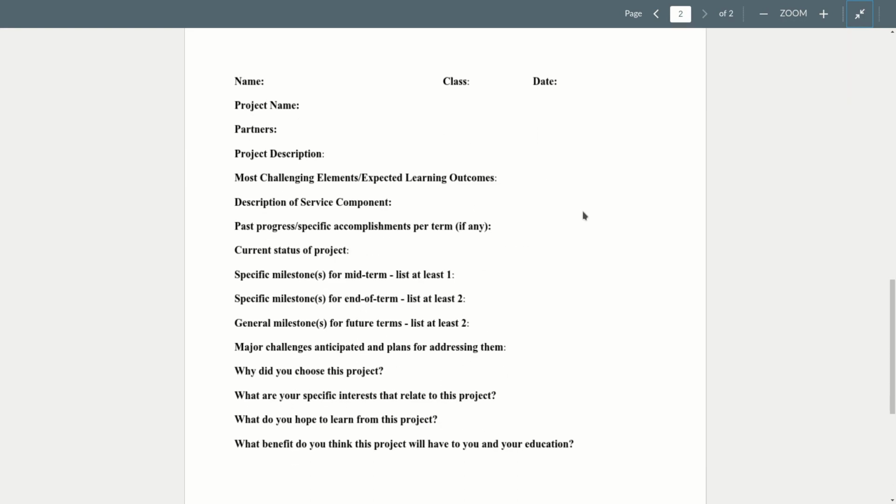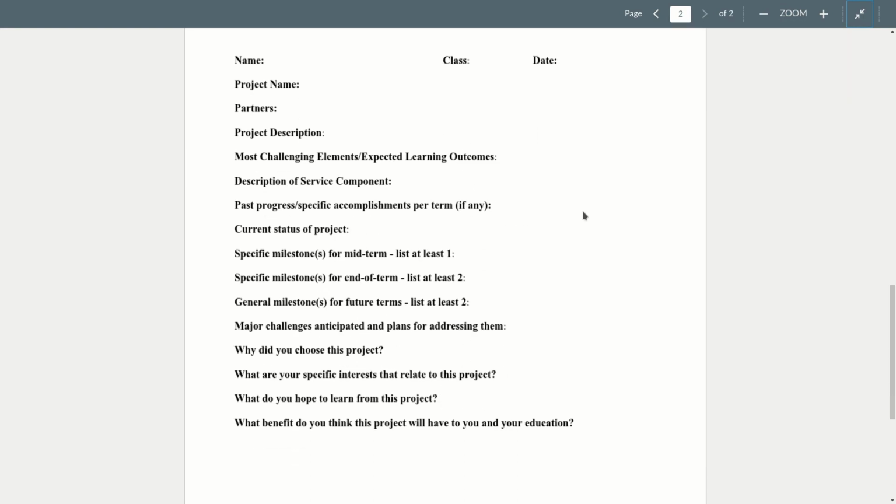And again, the biggest challenge with the SLP is really picking the right project for you. And that's mostly what you're after in this fall quarter, is come up with an idea and put down some milestones and start doing some research. And if it looks great and the end of the quarter comes and you're like, yeah, I'm right on track, that's great. But chances are somewhere along the way you'll have to make some readjustments,